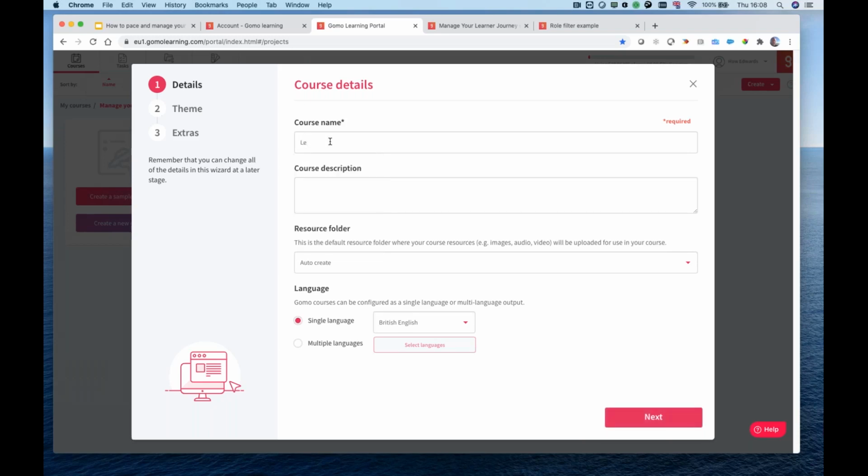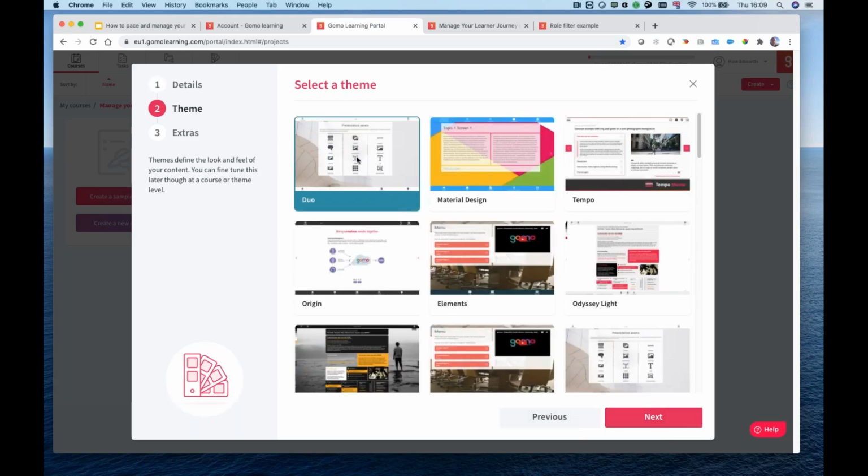So I'm just going to give it a name. We'll call this one Learner Journey. I'm just going to select one of the standard themes. You'll probably recall that in Gomo, a course gets its look and feel through the use of a theme, essentially